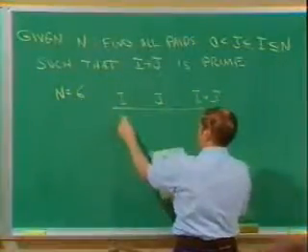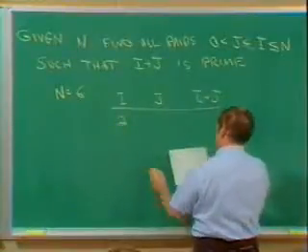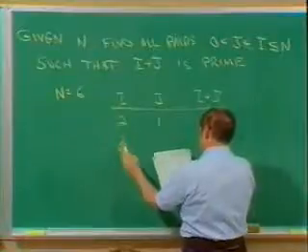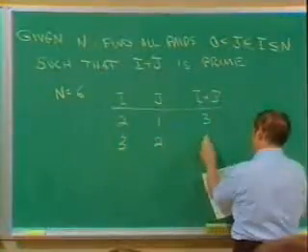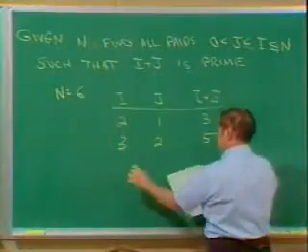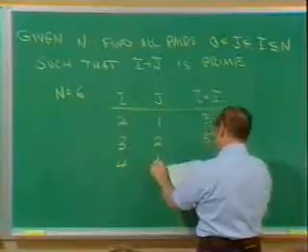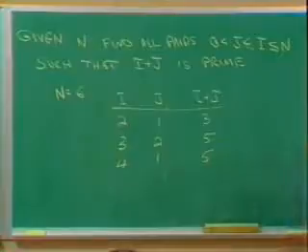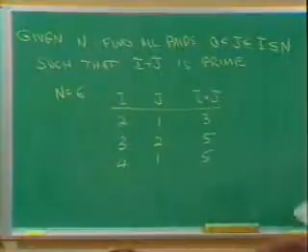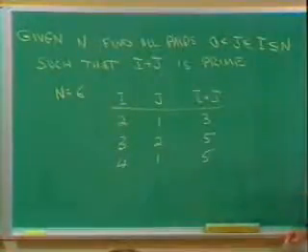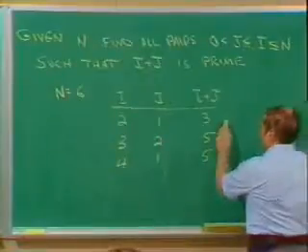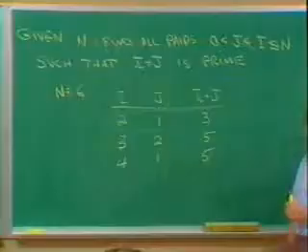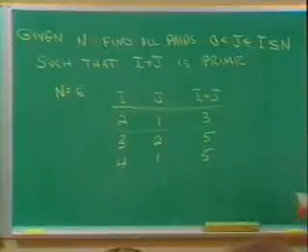So for, say, i equals 2 and j equals 1, I'd get 3. And for i equals 3, I could have j equals 2, and that would be 5. And 4 and 1 would be 5, and so on, up until i goes to 6. And what I'd like to do is produce a stream of all the triples like this, let's say i, j, and i plus j. So for each n, I want to generate this stream.